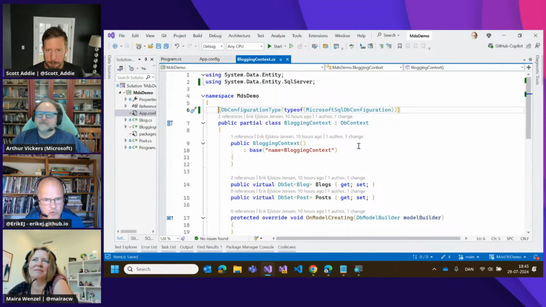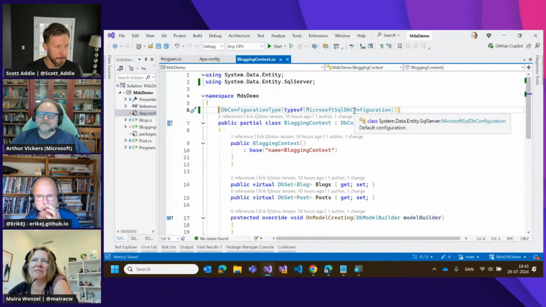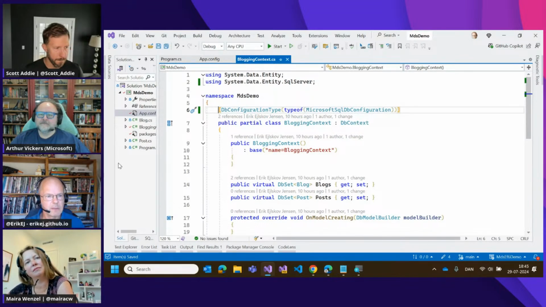So now I'm switching to using the new provider, which we have referred to in our packages config, and this class is implemented. This DB configuration class is implemented in the new provider. If I don't have the new provider, I cannot resolve this class.